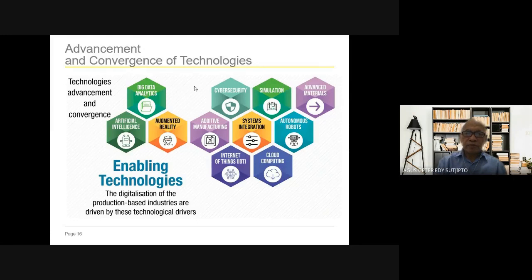Additive manufacturing is also based on today's 3D printing, for example, so that we can easily construct an object using 3D without involving humans. With just raw material, we can manufacture a certain product. So with additive manufacturing, the manufacturing will be made easier.